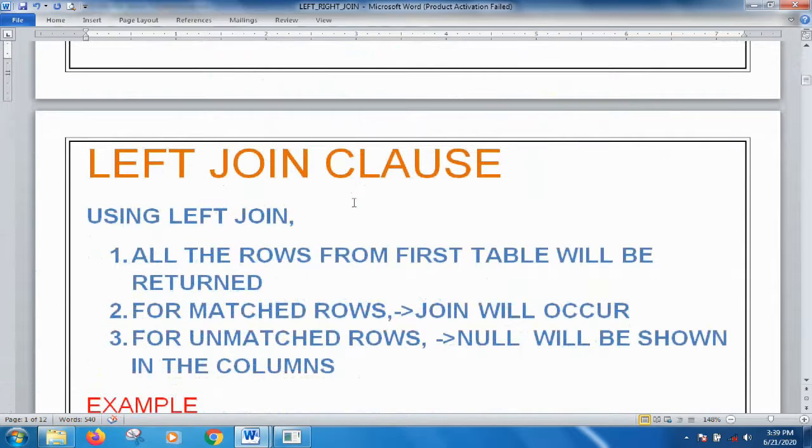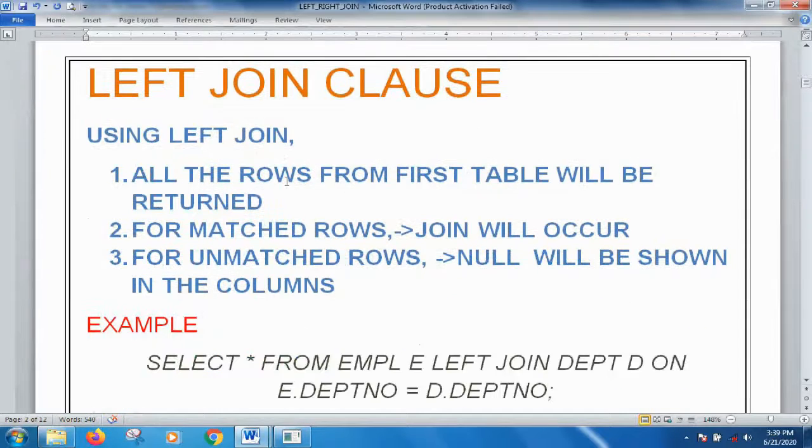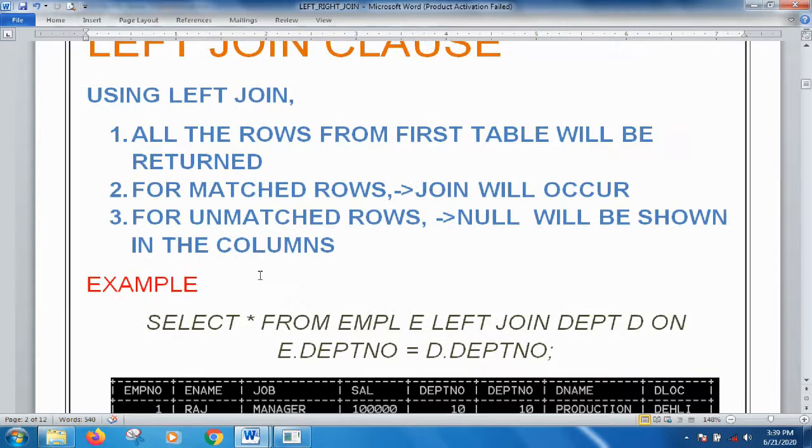Now the left join clause is used when all the rows from the first table will be returned to you. For matching rows, the normal joining will occur as it was occurring previously. For those rows which are not matching, a null will be shown in the columns. Okay, let me repeat it again.